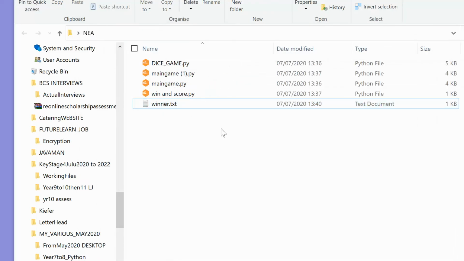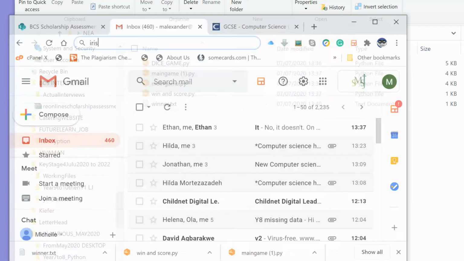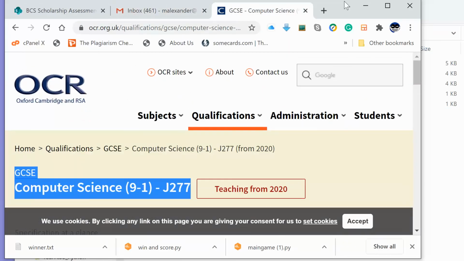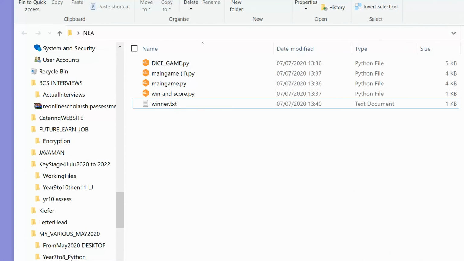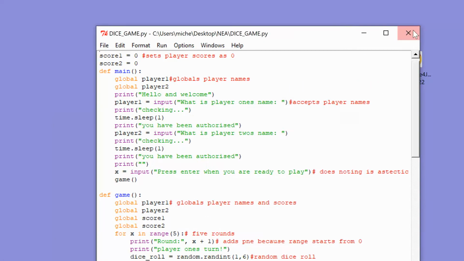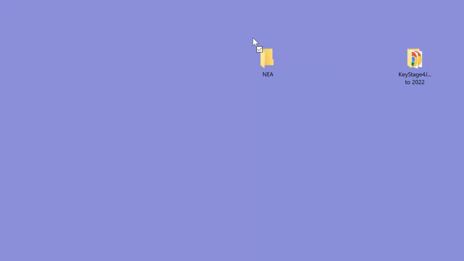All right, so this is the game, and looking at the exam board spec, which is one of the first documents you got, it should be in the lesson 1 NEA, you will see how the game is supposed to work. I'm not going to go into all of that now because it's there. I know 100% it's there. And I've already done a video on it anyway. Okay, so that is what you're supposed to be doing. And I hope that these 2 videos have